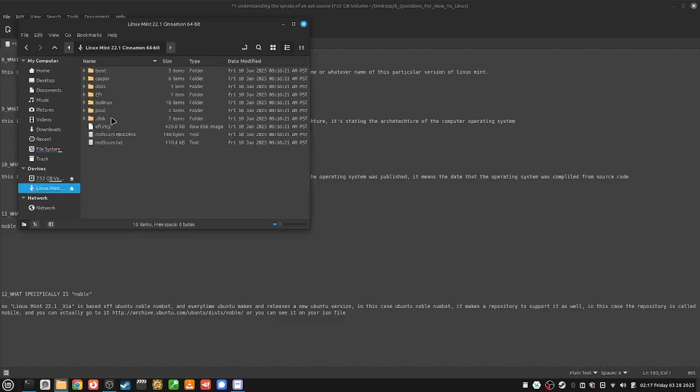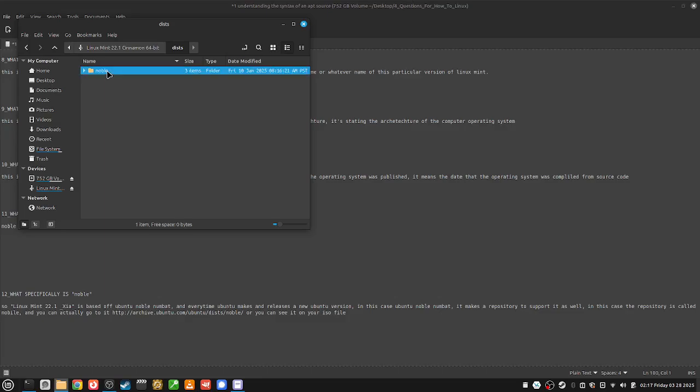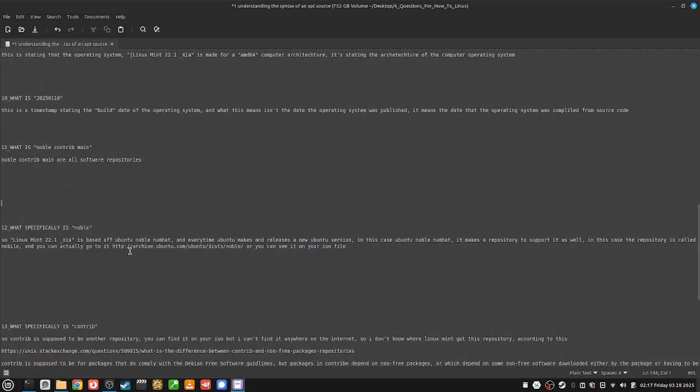You crack this open, go to dists, and you can actually see it right here: Noble, contrib, main. Okay. Now, what specifically is Noble? Linux Mint 22.1 is based off of Ubuntu Noble Numbat, and every time Ubuntu releases a new Ubuntu version, in this case Noble Numbat, it makes a repository to support it as well. In this case, the repository is called Noble, and you can actually go to it right here,